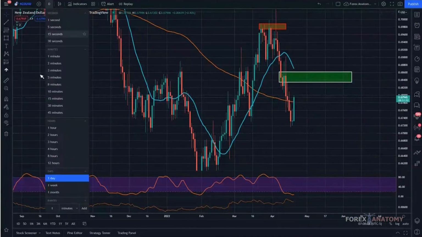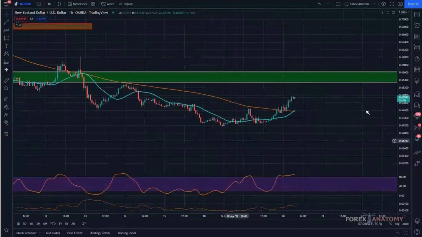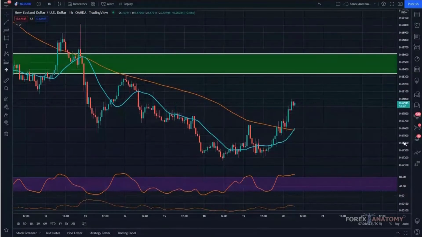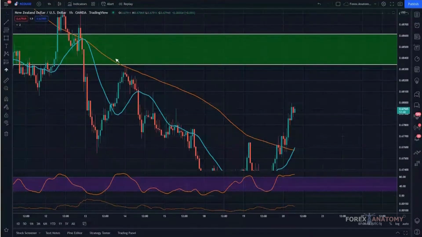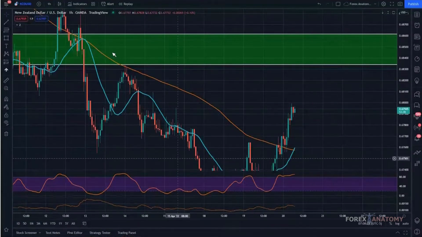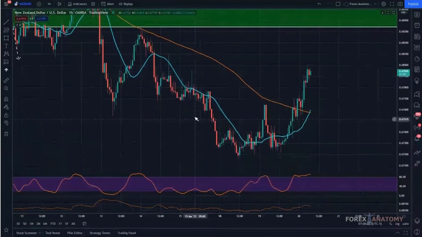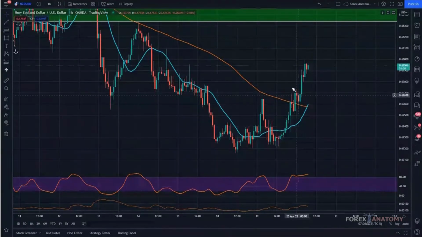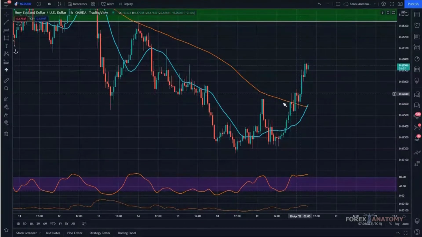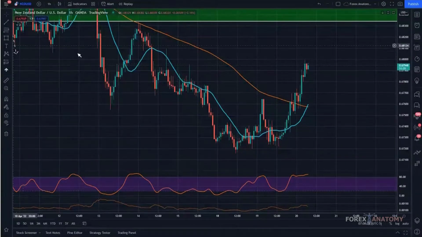But for now, what we want to do is look for an opportunity to buy this on a dip in price. So the next thing we have to ask ourselves is, where are the key structural levels? And all we have to do is look left, because structure leaves clues. And if you look to the left historically, we see this congestion area right here. We see this area of pause right around here. So then what I'm going to do, I'm going to just identify a zone, and I'm going to take it